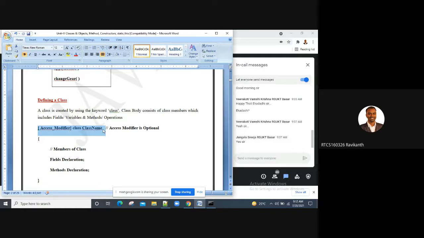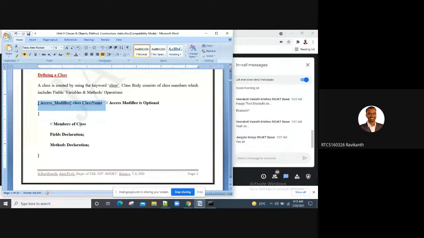The access modifier is optional, and most of the time we don't work with it. But later, when we go into inheritance, interfaces and packages, I'll introduce access modifiers because I have to show you how things vary with different access modifiers.